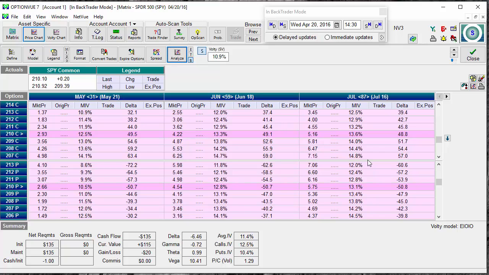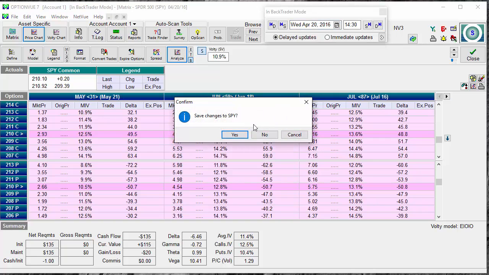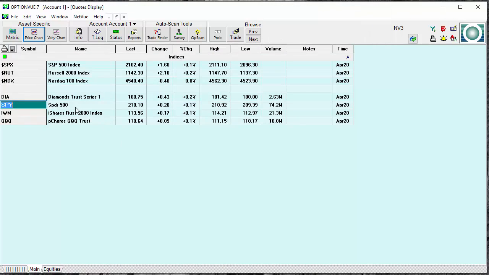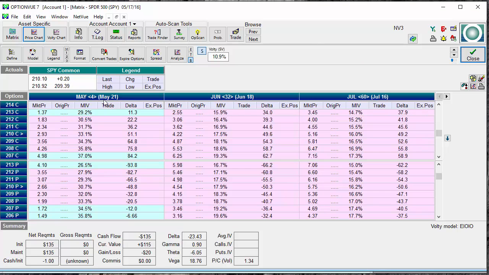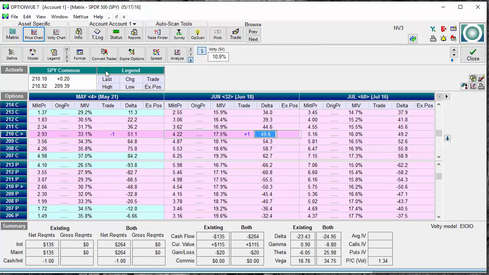Calendars in the weeklies can be insanely profitable, but again, you have to be accepting of the fact that when they move, they can move quick, and if you only have a handful of days to expiration, if you want to put a trade on in this calendar in the weekly cycle that expires in 4 days, yes, you are going to receive $2.93 of credit for putting this trade on, but